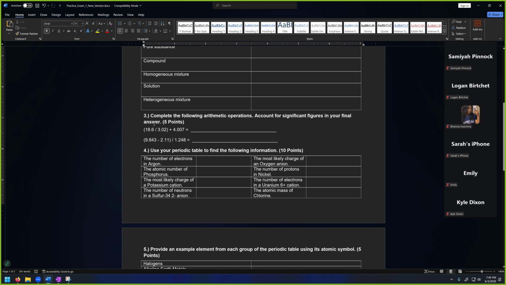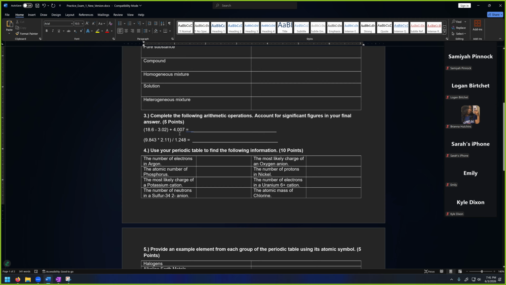Okay. Complete the following arithmetic operations. Account for significant figures in your final answer. I've made these a little bit trickier than I want to, so we're just going to do a little swap-a-rooney there. Excellent. Okay. So whenever you are adding or subtracting different values and want to keep your significant figures,